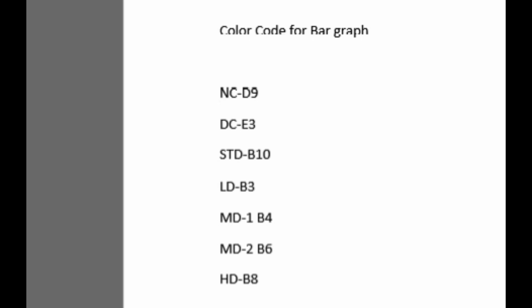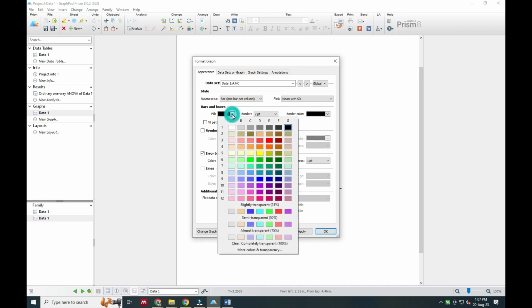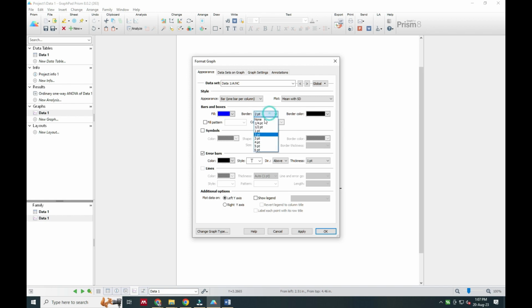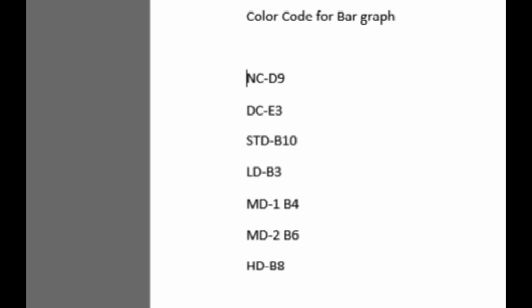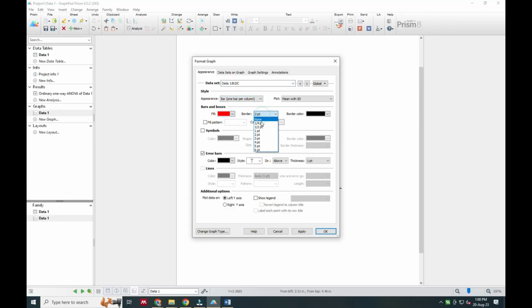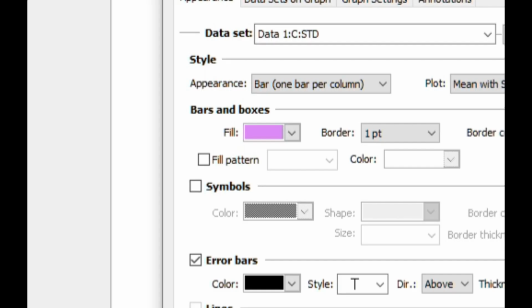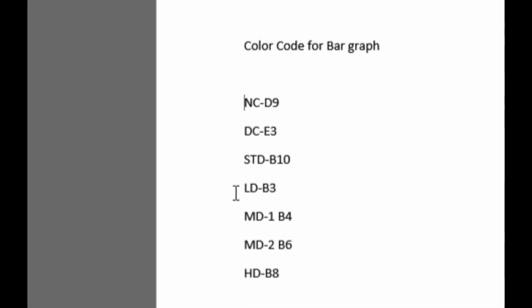I'm not suggesting you put the same color all the time, but these kinds of changes will always help your paper get accepted, because these are completely different and easily acceptable by the publisher. So this code you have to remember, and while you're making a graph, this type of setting you need to add in your graph. So here you can see